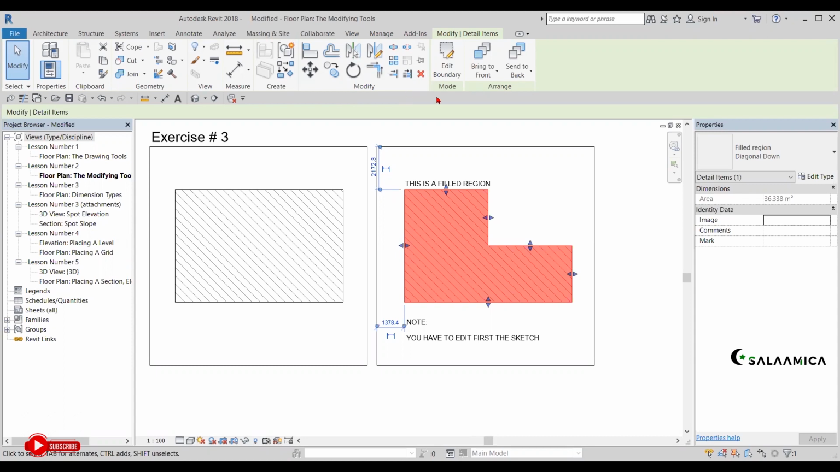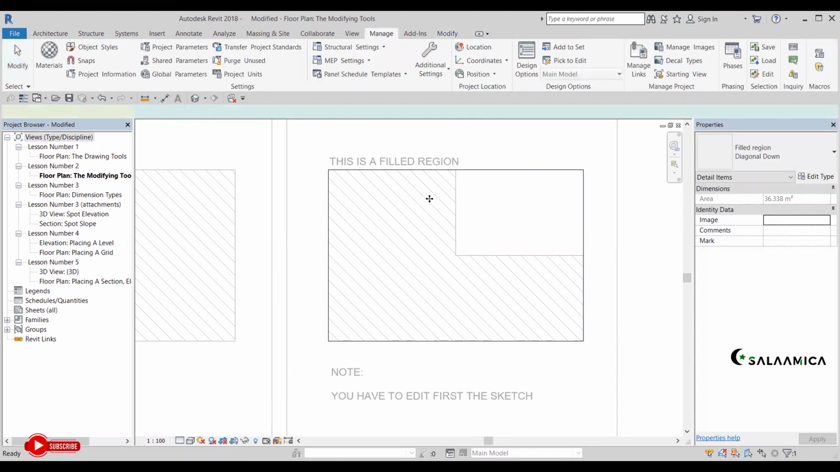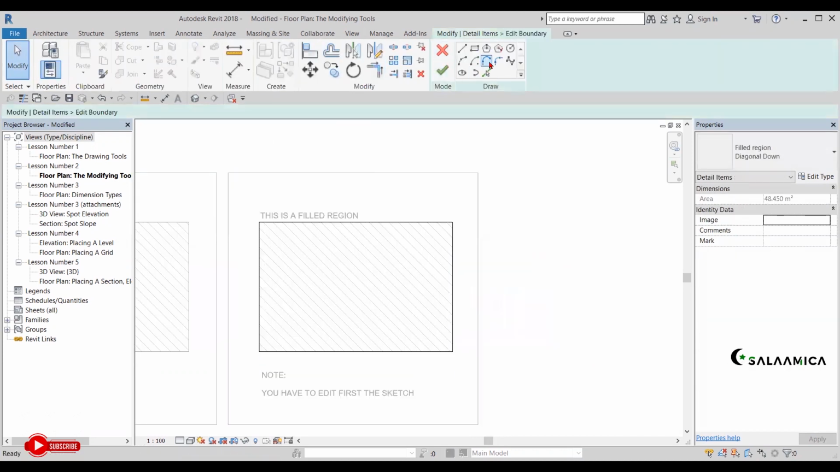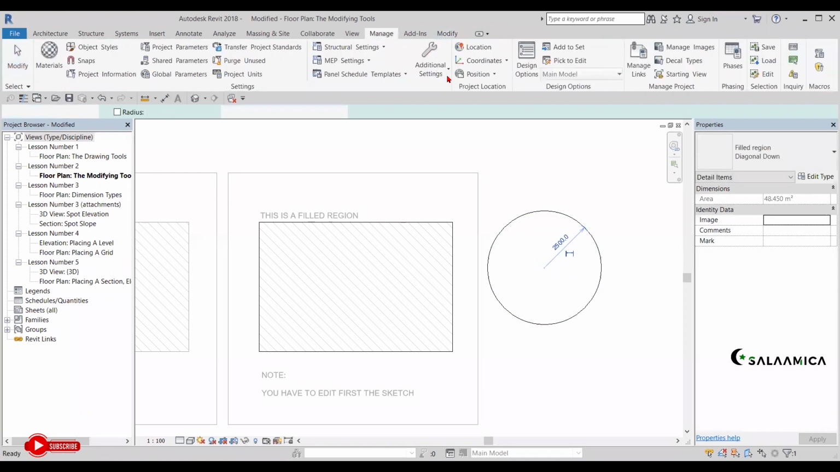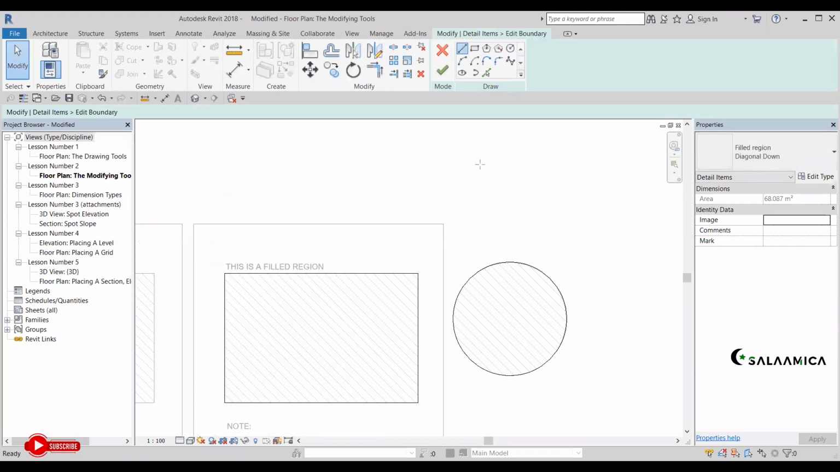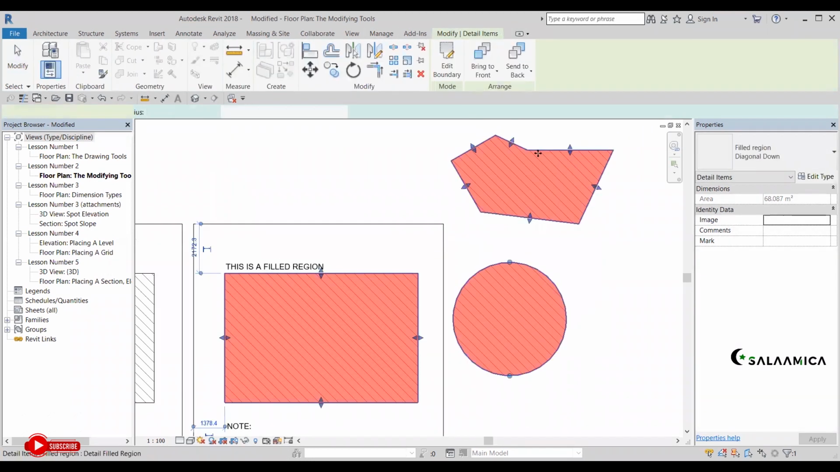So again, I'll just edit boundary this one. I'll just tell you something more. See, again, this is made up of sketch, no? I will say edit boundary. I will make a circle here. So that is a shape. So I'll edit boundary. I use line. I'll just make something like this. So whatever the shape of whatever the sketch you made, that will